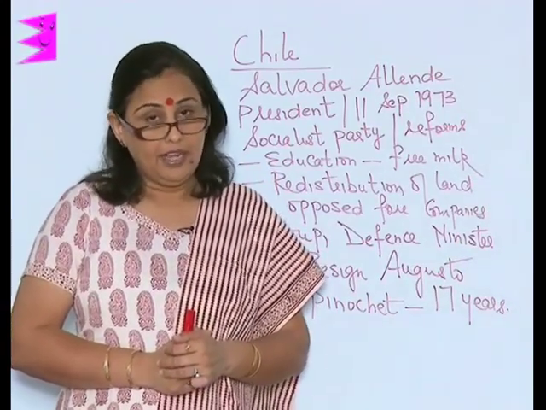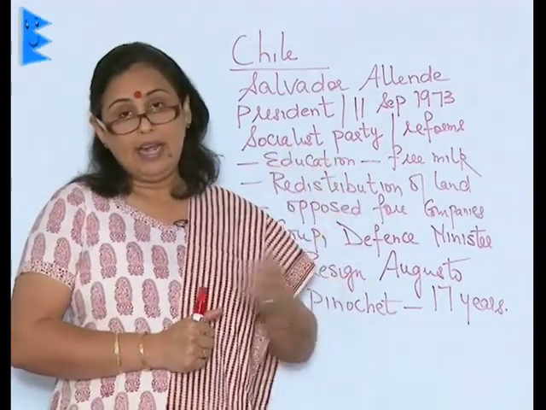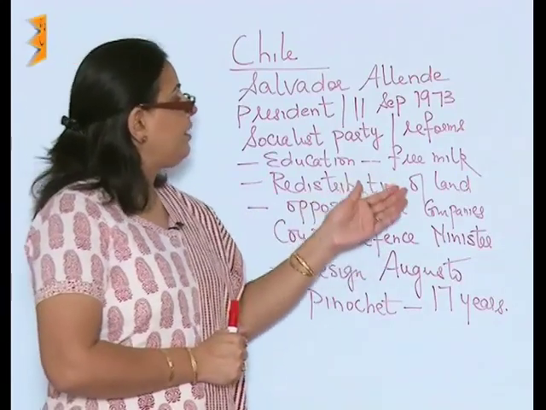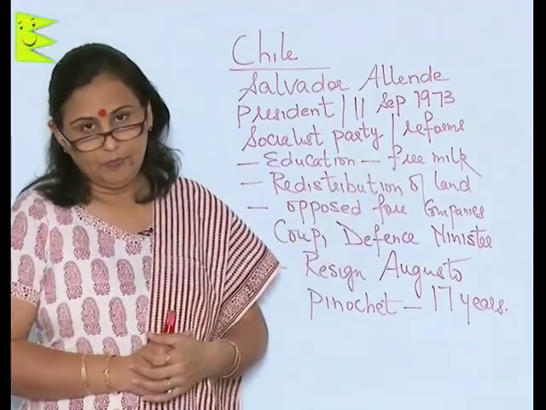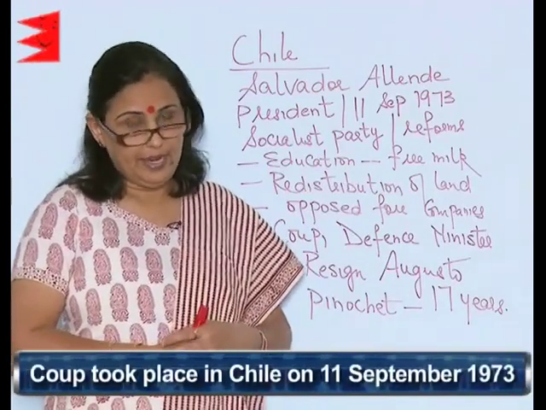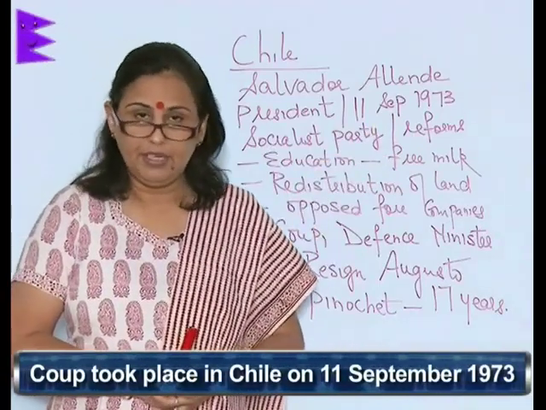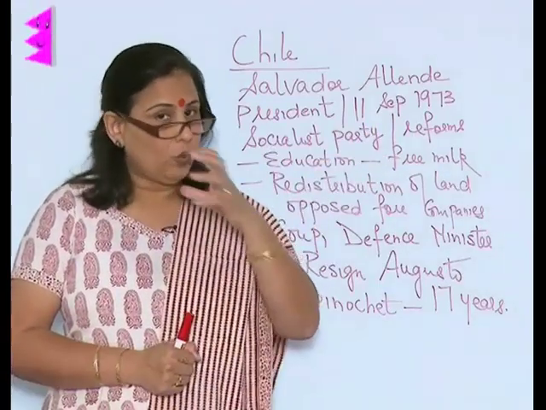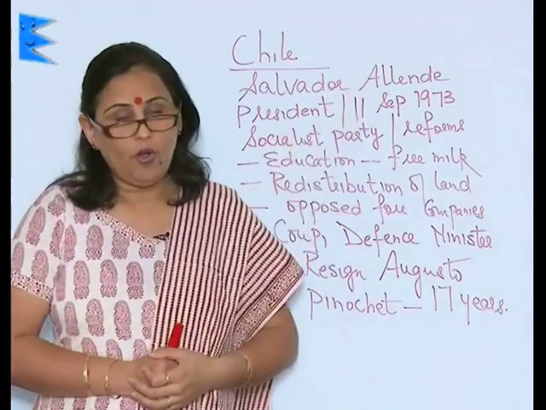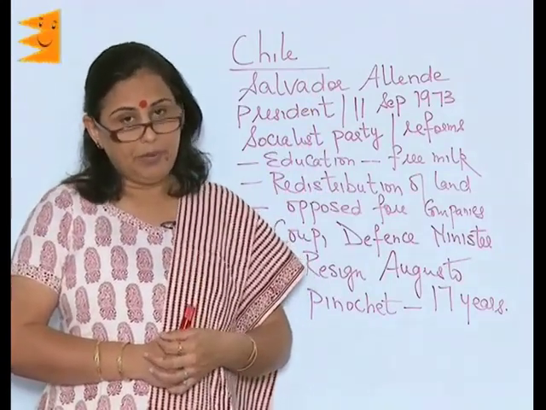But there were people like the big landlords and also the church which turned against Allende. Therefore, a coup took place in Chile on 11th September 1973. And when the coup started and the president was aware of what was coming, he gave his speech on the radio which said,